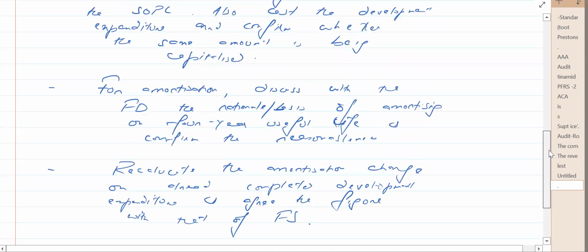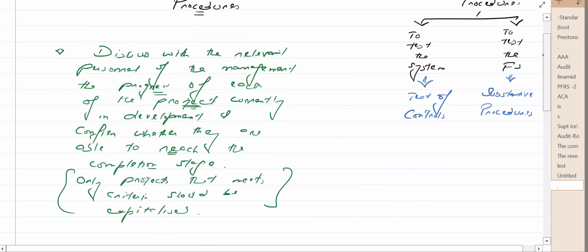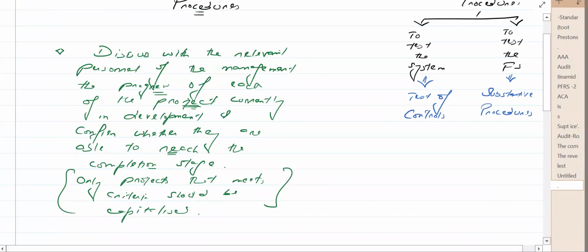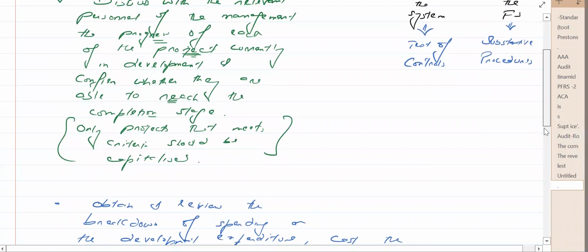Now, there is another way to write these procedures, which is through this mnemonic. Discuss with the finance director whether it is probable that economic benefits will flow to the entity because only then the development expenditure can be capitalized. Discuss with the relevant personnel whether it is technically feasible that the project will be completed because it is only then it should be capitalized. And then one of the easiest procedures